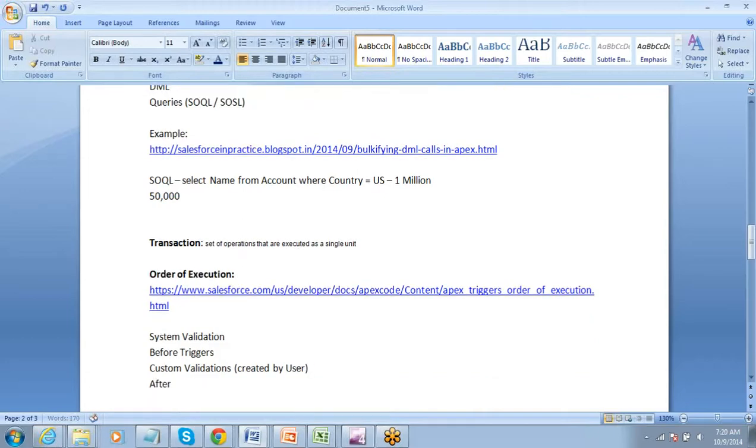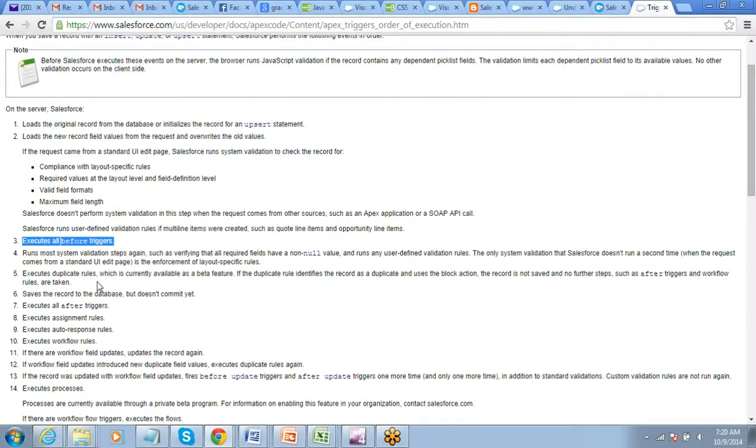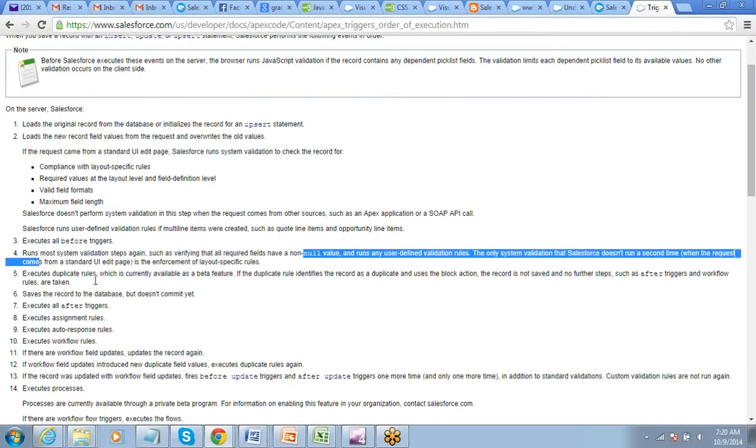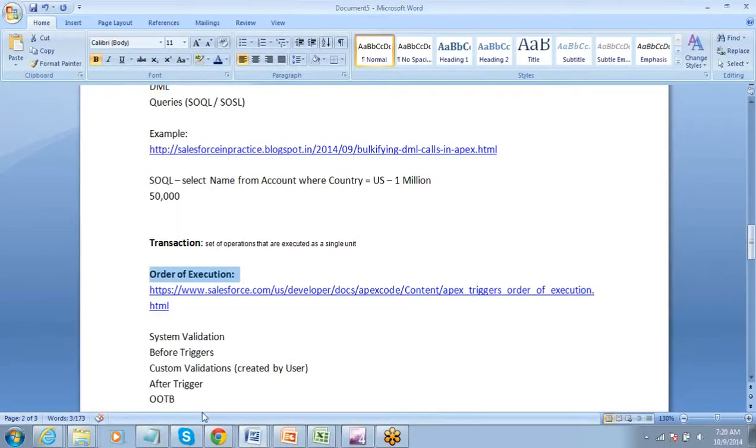And then after triggers will get executed, and then your OOTB. All right. So before triggers, validations, after triggers, and OOTB is out of the box.